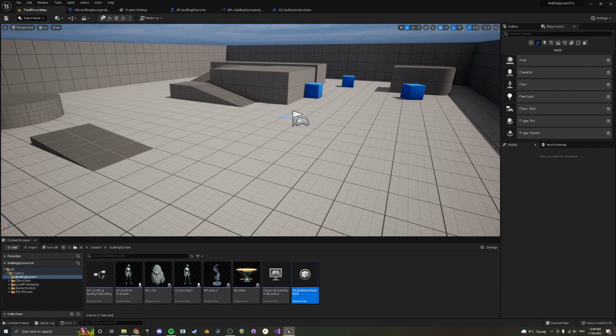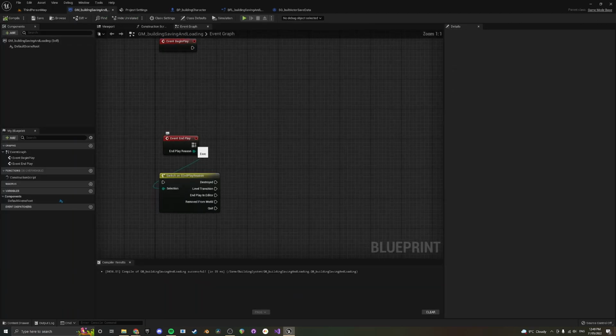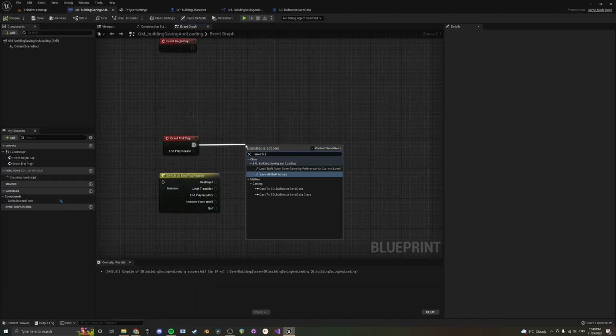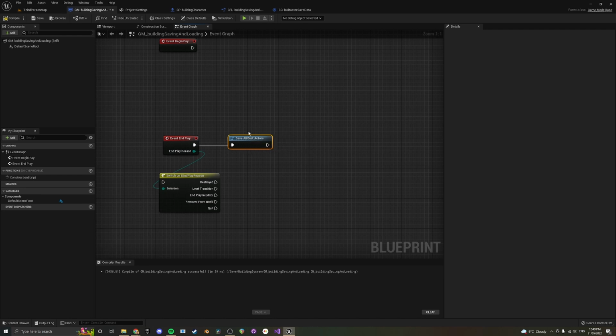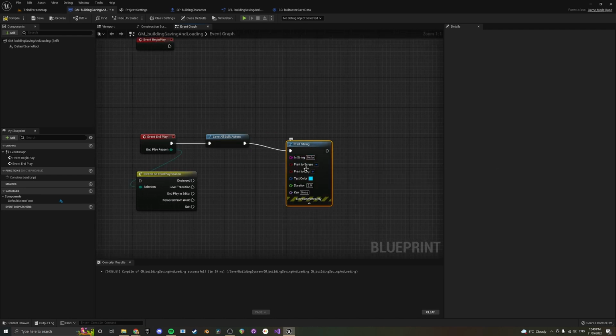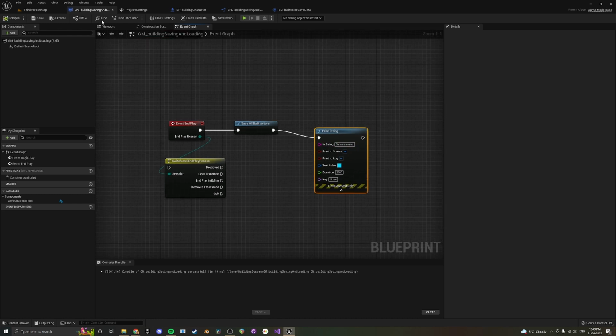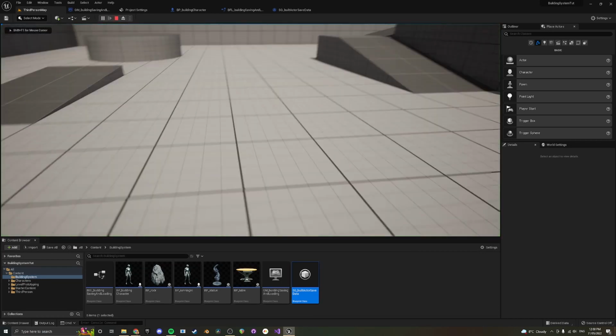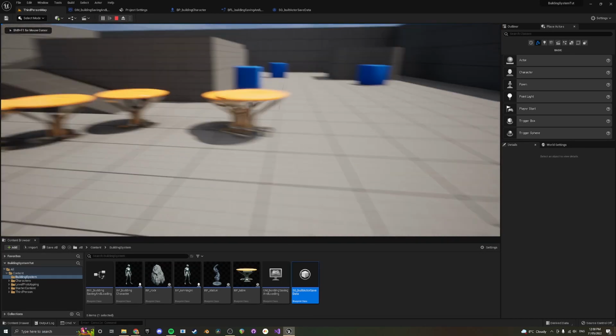So if on end play, we're going to need to save all built actors. Okay. And then we might have a print string for, I don't know, like 20 seconds or whatever, which is going to say game saved. Game saved. Okay, so if I jump in and I press B and I place a bunch of these